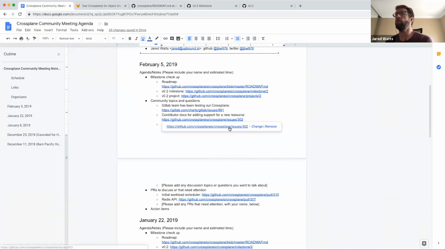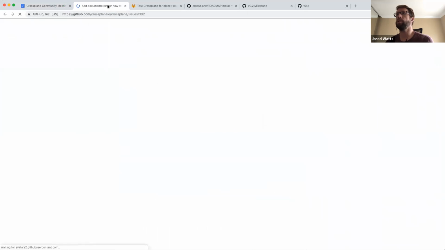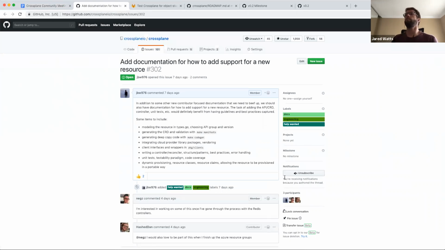I wanted to also just briefly talk about documentation for adding support for new resources. We have a couple of more recent contributors that have been adding support for things like Redis that Nick was doing, and then Daniel had been working on adding modeling and a controller for resource groups in Azure.